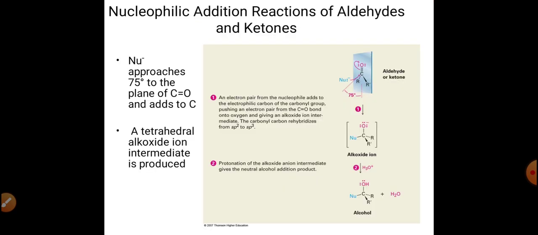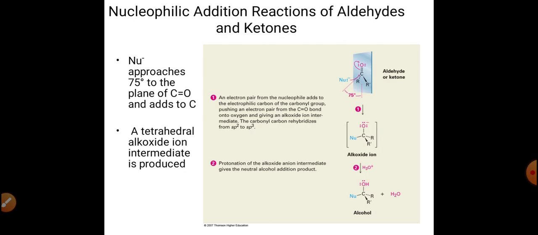So, starting from the general chemical reactions, these reactions can be achieved because we know that aldehydes and ketones contain a carbonyl group, and the carbonyl group is polar in nature. It contains the carbon-oxygen double bond, and the electronegativity of oxygen is more than carbon. So that electronegativity difference makes the carbonyl carbon